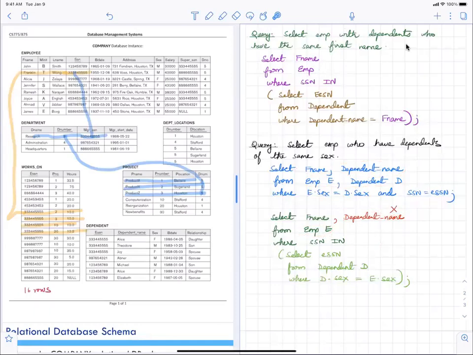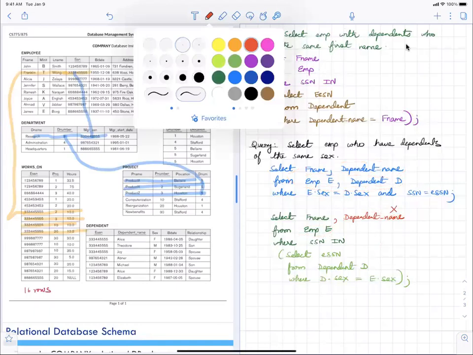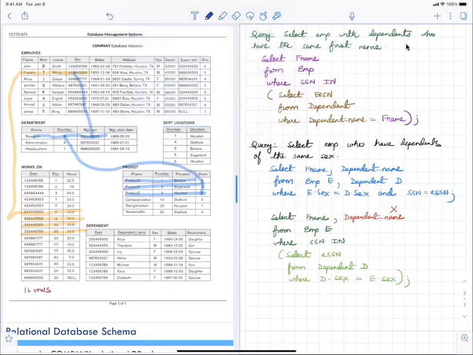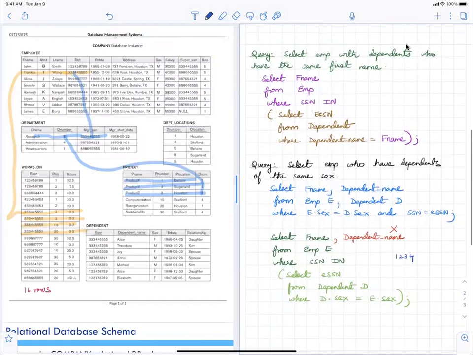And then, of course, the second thing I do want to mention is that while this is a cross product of these two tables, the way the second query works is that it goes line by line. From employee E, it takes out the first line, social security number 1, 2, 3, 4, 5, 6, whatever, for John. And then you run the subquery. In this particular case, you have to run the subquery for every line.